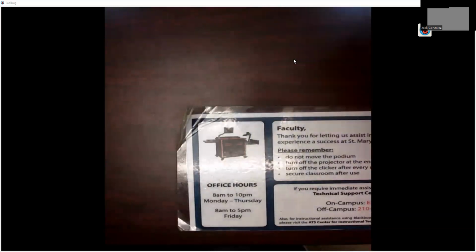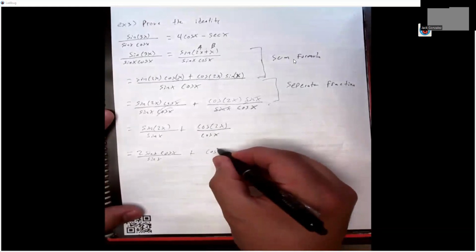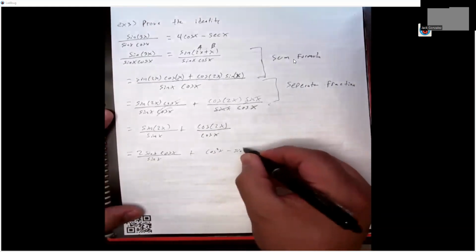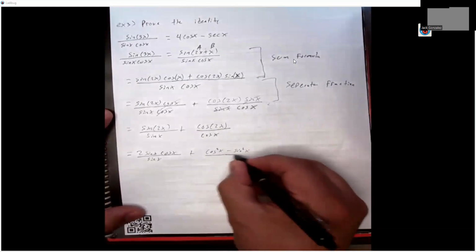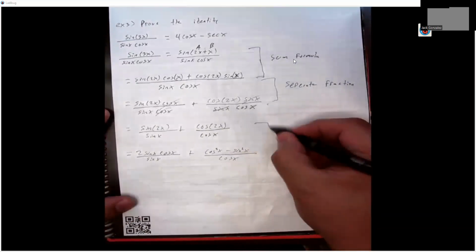2 sine x cosine x. Double angle will be, we'll use the, what did we use last time? Cosine minus sine. Yeah. Cosine squared x minus sine squared x will replace the double angle for cosine. From here to here, actually,